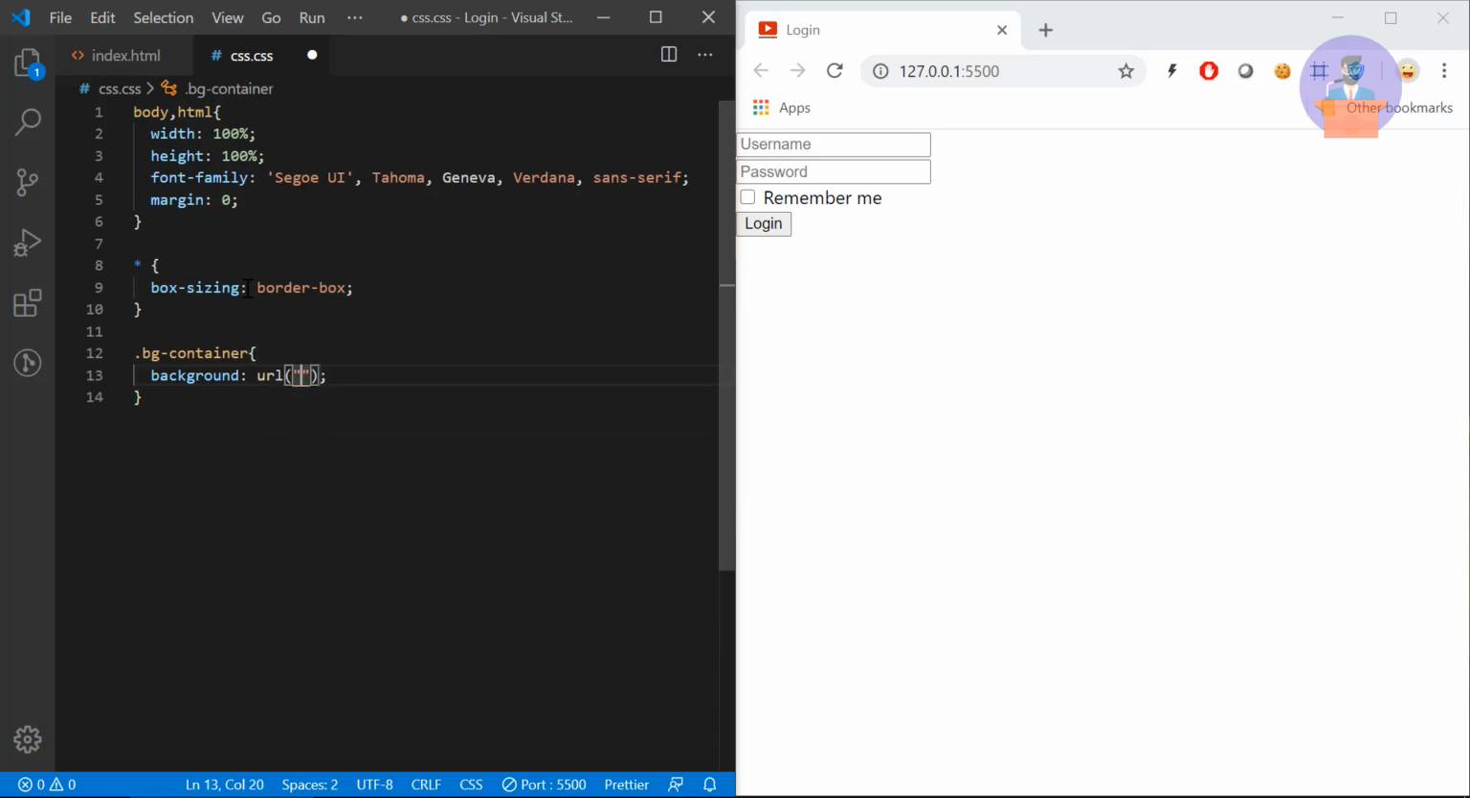So all our images are inside the assets folder. So assets slash bg.jpg, okay, and here we need to provide the position. So the X position will be 0 and the top position of the background image will be top, okay, and slash, the background size will be cover,